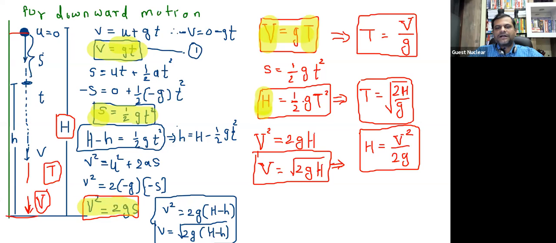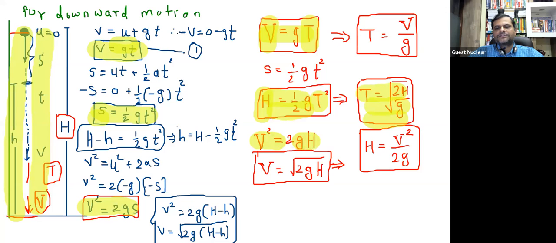Again here this is the height h, which is the full height traveled by the body. ये पूरे बॉडी का जो जिस पॉइंट से वो रिलीज किया उस पॉइंट का जो फुल हाइट रहेगा वो यहाँ पे h रहता है, और इस पॉइंट से नीचे पूरी तरह से नीचे गिरने के लिए जो उसको टाइम लगता है तो वो एक्चुअली कैपिटल T से डिनोट किया जाता है। और उनके बीच में जो रिलेशनशिप है ये हमको मिलता है h is equal to half of gT squared, जिसको ही हम T is equal to root of 2h upon g ऐसा भी लिख सकते हैं, नो प्रॉब्लम। और एट द सेम टाइम